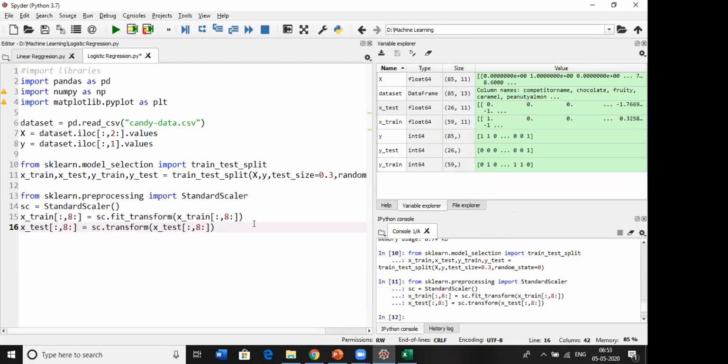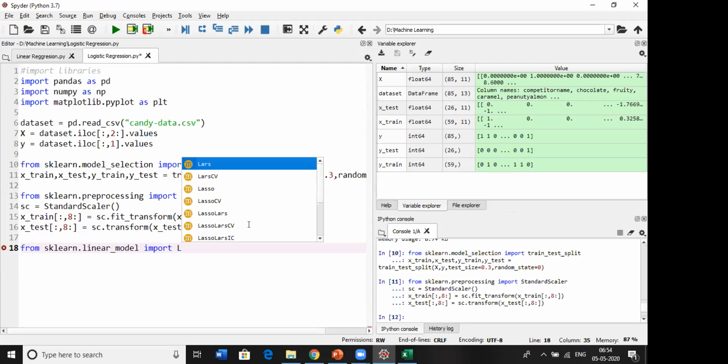Now we need to build our model. To build our model, we are going to use logistic regression. Where can we find logistic regression? In the sklearn library, in the linear_model module, and inside this we have the LogisticRegression class.